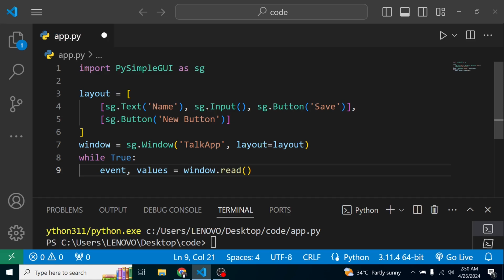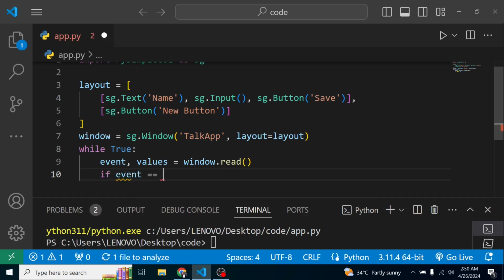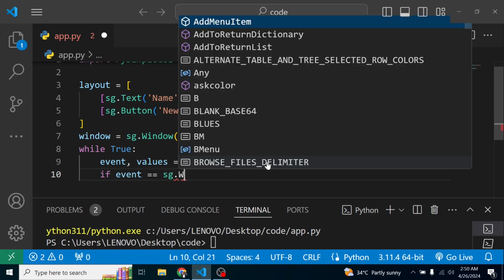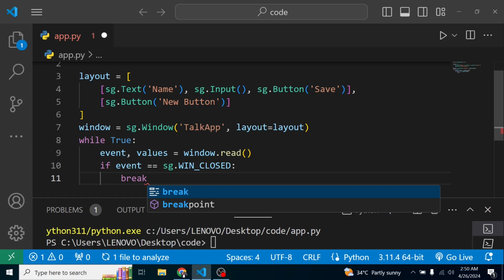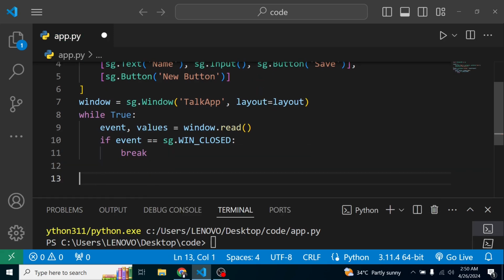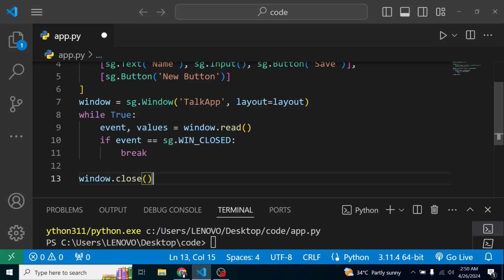So over here I'm going to say event, values, we are decomposing it, is equal to window.read. And now this is what I want to do. I want to say if the event is equal to sg.WIN_CLOSED, you saw the win close over there, then I want to break out of this loop. And finally I'm going to come out of this while loop and say window.close over here. This is just going to check that everything has closed. So now I'll save this, and if I run this,